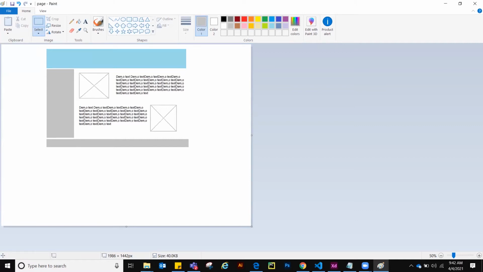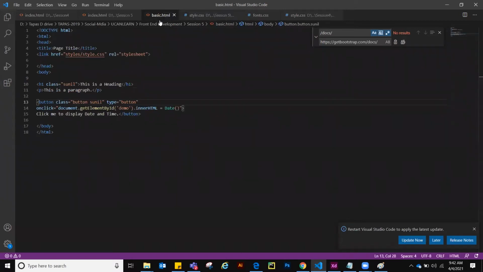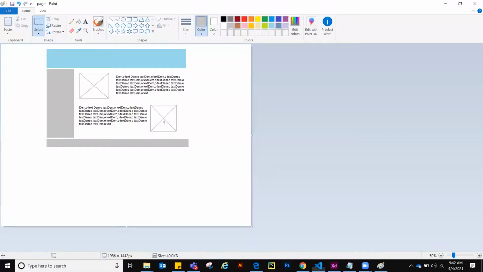Now go to our editor. Okay, and we have already created this basic.html. We will convert this only. Okay, I don't need this code. So first what I need, see, this is a table.